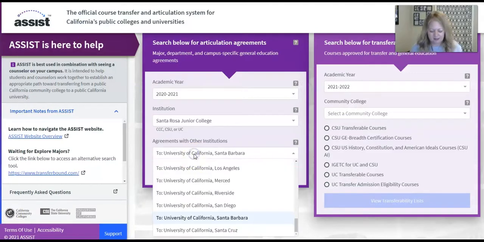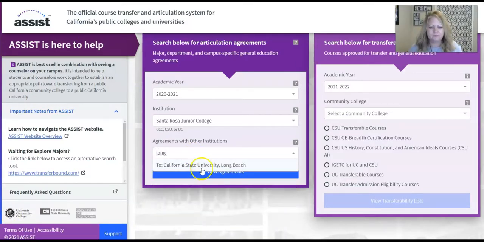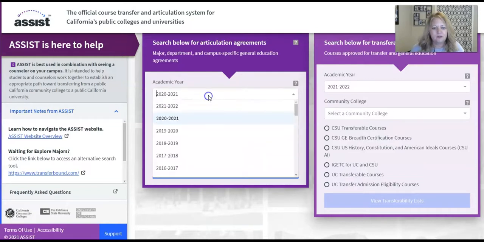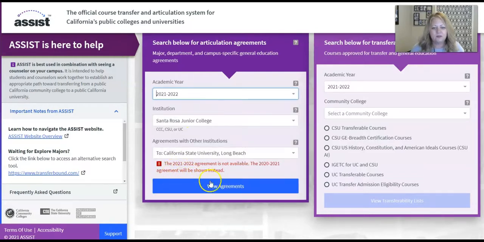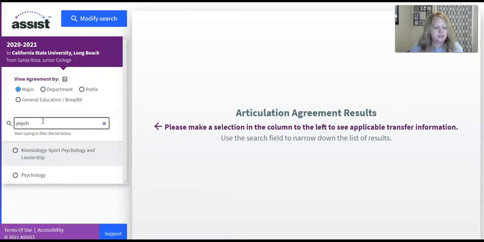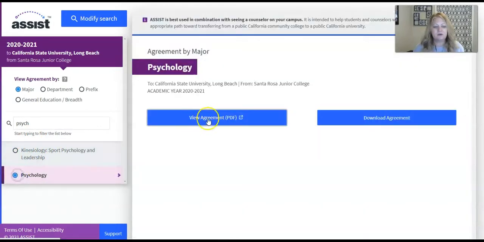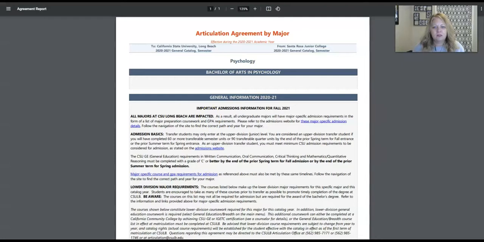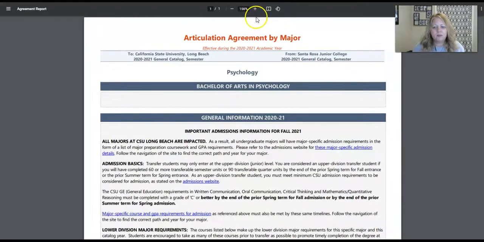So let's look at another school. Let's look at, how about Long Beach? I'm still in 20. Let's see if they have, nope, they're still doing 2021. Okay, so over here, we're going to go into psych. So they have a kinesiology sports psychology. That sounds interesting, or just the basic psych. So we'll go here just to compare. Long Beach is an impacted campus.